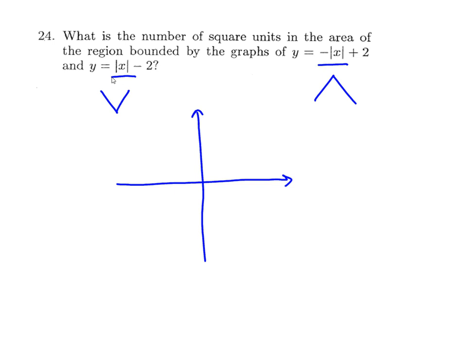And so if we start with this one, if it's an upside down V, then it has a vertex, a top point, when it's a maximum. Well, absolute value is always positive, so negative absolute value is going to always be negative. So the maximum is going to happen when x is 0. So when x is 0, y is 2. That's very easy to see. And then because they're linear, you might as well just throw in